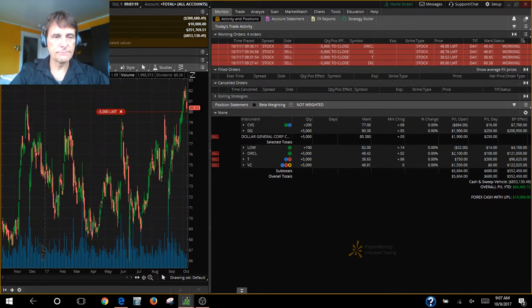DG. Okay, Dollar General starts out the year right around 69, and just like CVS, within a couple of weeks, finds a low of 67, trades in that area for about a month and a half. And then, just like CVS, she goes from the low a couple of weeks later to almost the high of the year. The high of the year was actually